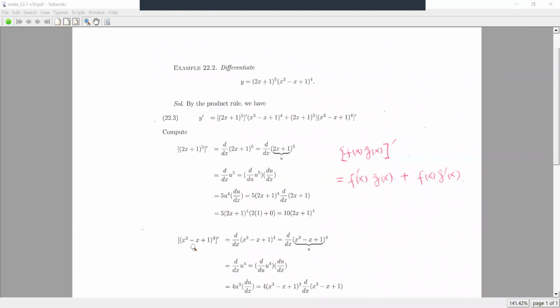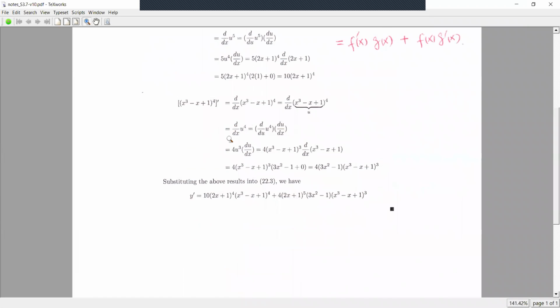Similarly, we compute this derivative by the chain rule, not by expanding the power. Let u be the base, x to the third minus x plus 1. Then this power function becomes u to the fourth. To find this derivative, we need the chain rule. Insert du to the bottom and du to the top. Then this derivative is equal to this derivative